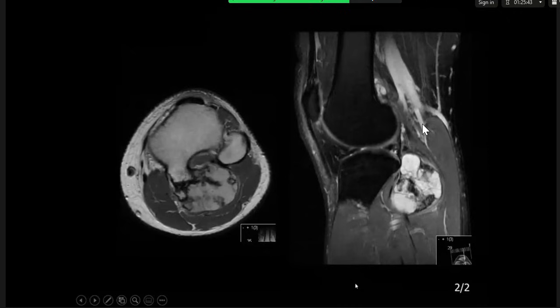It has a very large cartilage cap associated with it. I can't measure it, but just looking at it, it does look larger than 1.5 to 2 centimeters. So I would be concerned about malignant transformation to chondrosarcoma in this patient, and would recommend referral to a specialist